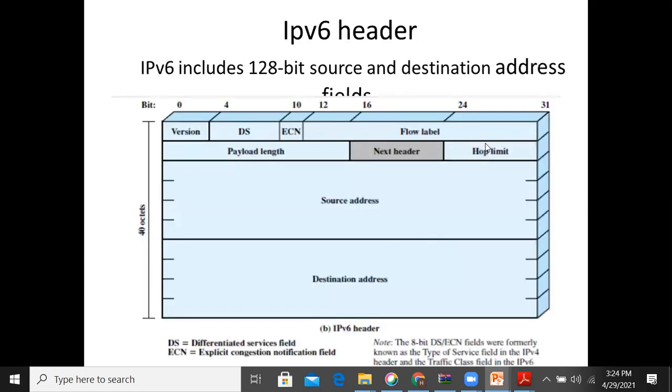And coming to the second one, IPv6 addressing. The main difference between IPv4 and IPv6 is that IPv4 is using only 32 bits for the source and destination address, but IPv6 is using 128-bit addressing. Why go for 128-bit addressing? Coming to 32 bits, 32 bits means only 2 power 32 addresses we can have, right? Each bit is representing 2 values, so 32 bits means 2 power 32 values I can represent. So 2 power 32 number of addresses we can use.